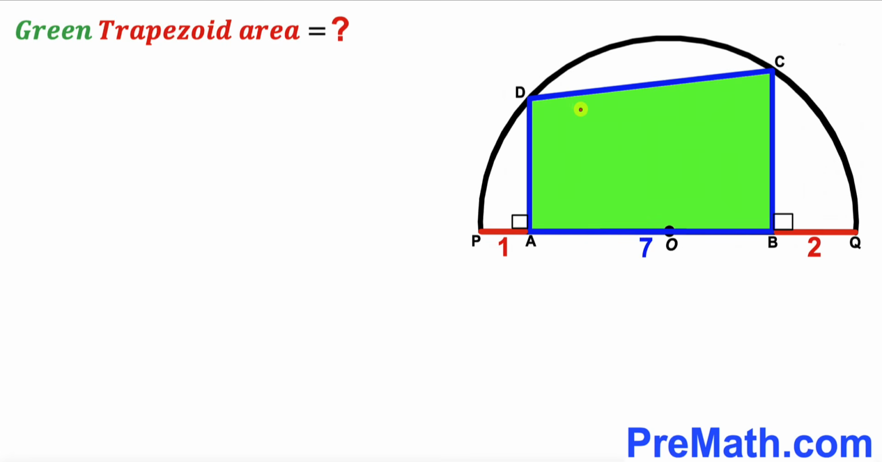Welcome to PreMath. In this video, we have this green shaded trapezoid ABCD, fully confined in a semicircle with center O, as you can see in this given diagram, such that